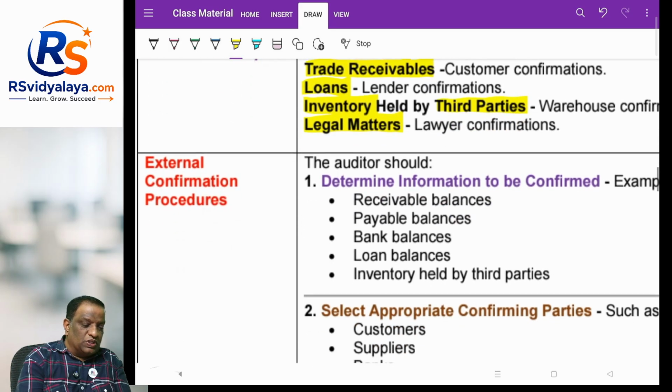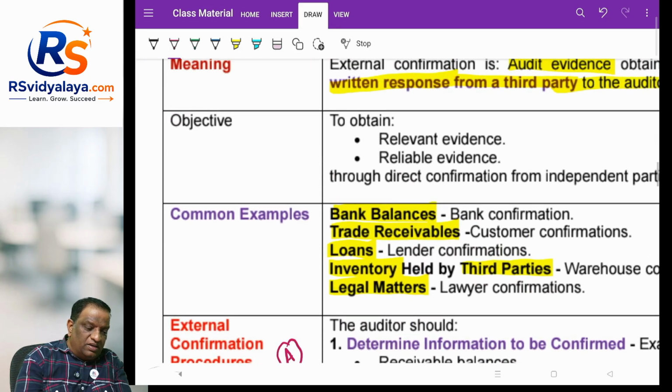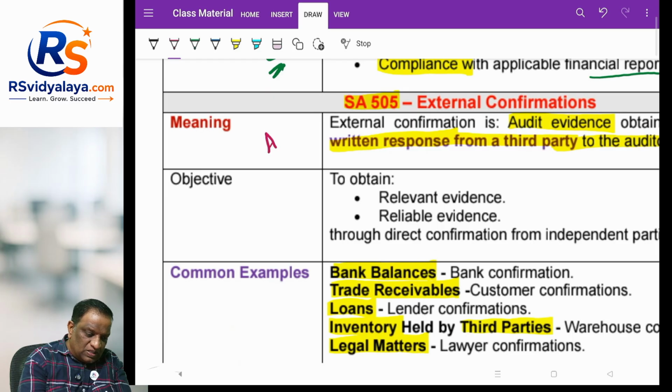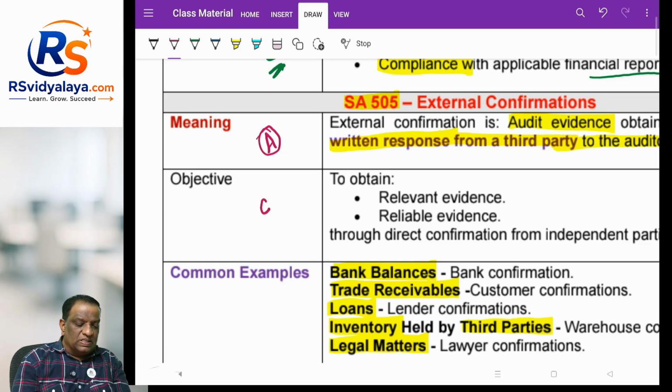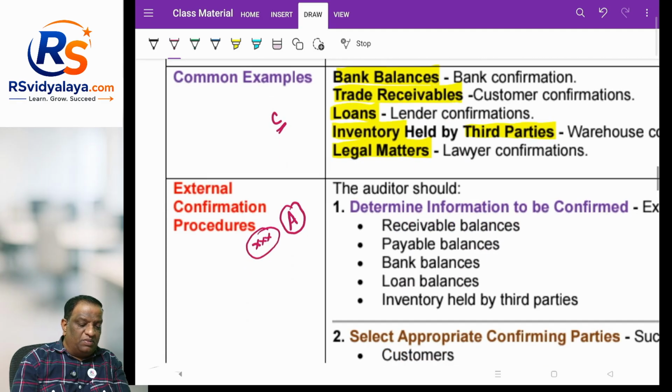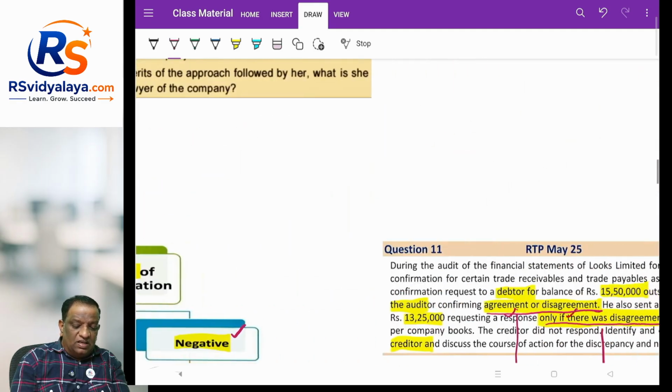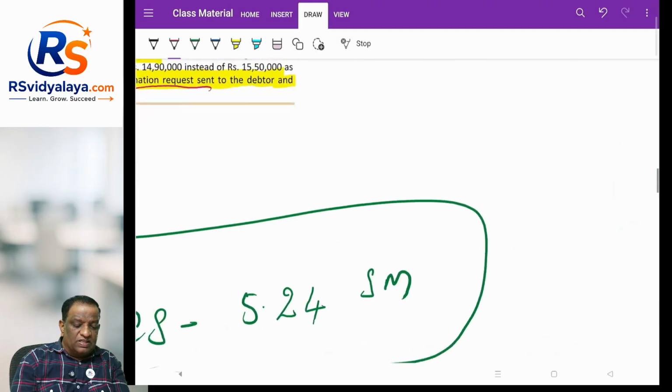And then what are the procedures? Now, this one, take 3 stars, mark this as A category. This is important, and the definition is also important. Mark this as A category. The objectives and all you can take as a C category. Examples only once he has asked; even if he asks, you can answer. So, therefore, I would still mark this as a C category item over here. But procedures, because he is asking, like if I take you to the question,